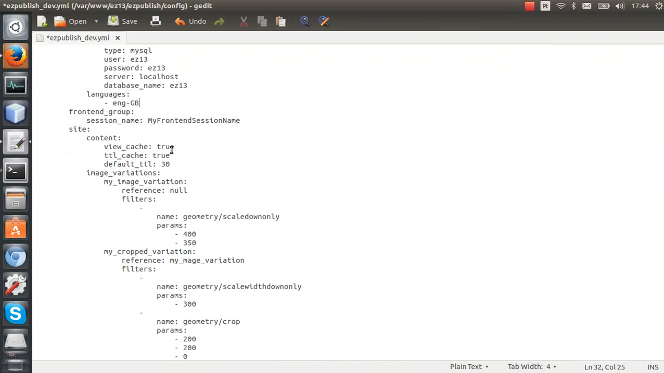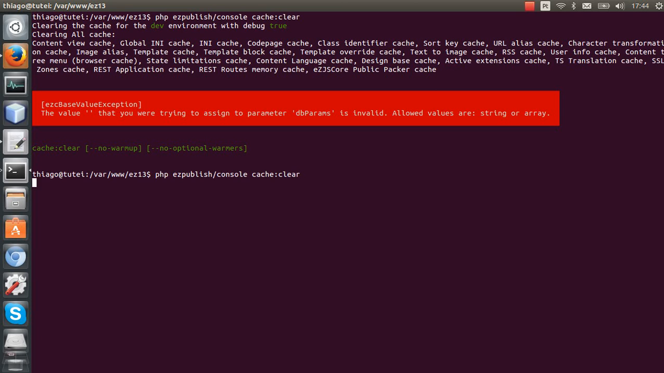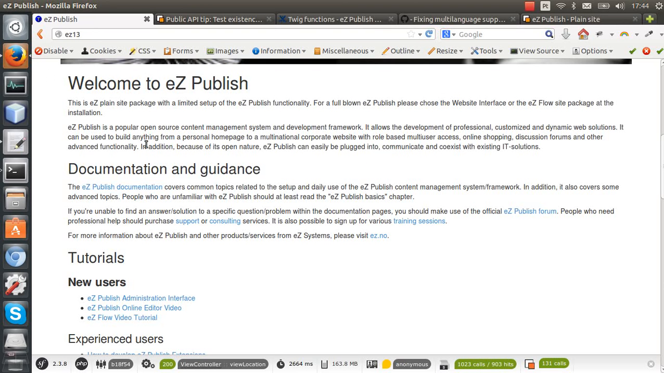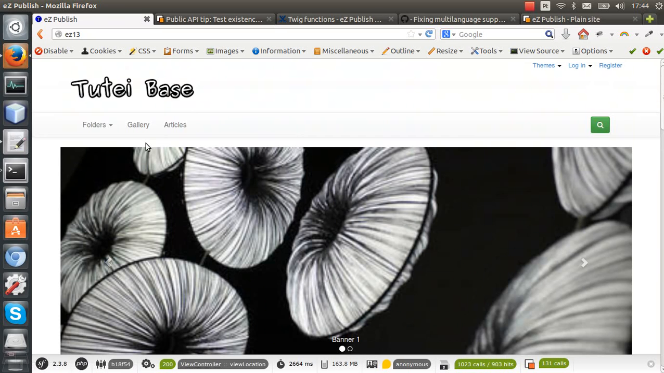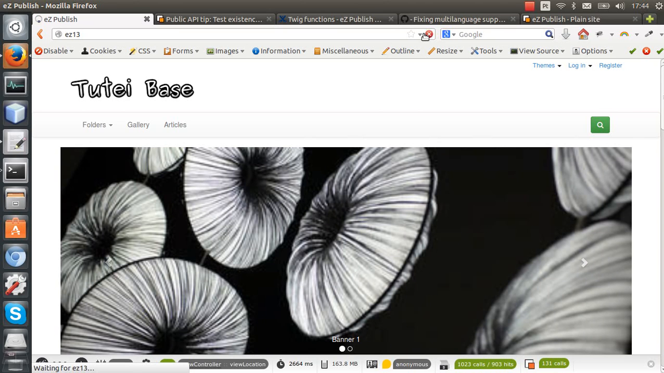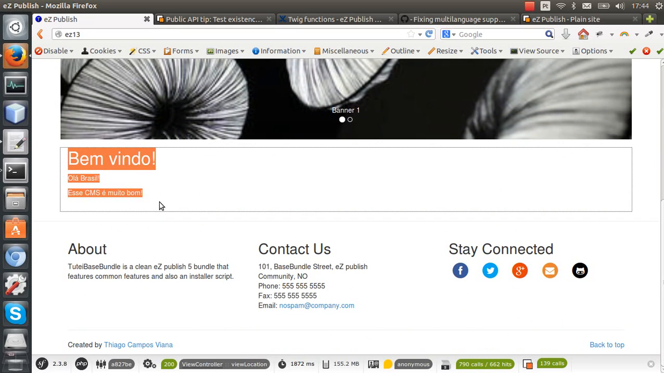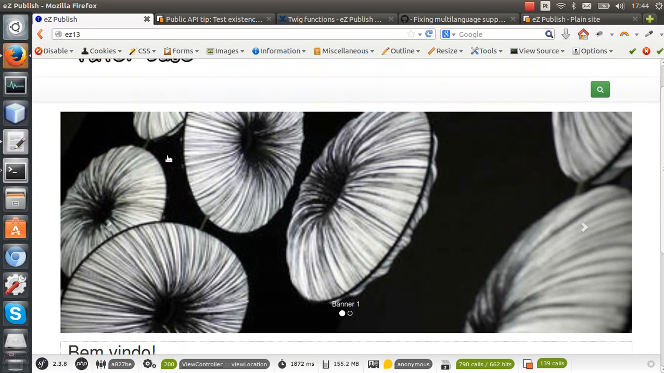What we can do is actually change these languages here for the site group, and I'll just give you one sample. In that case, Easy Publish was just checking the content for the English version. Now Easy Publish is going to check the content only if there is content in Portuguese. It will not check content in English. So now if we refresh the page, we can see that the page is translated, and the multi-banner is